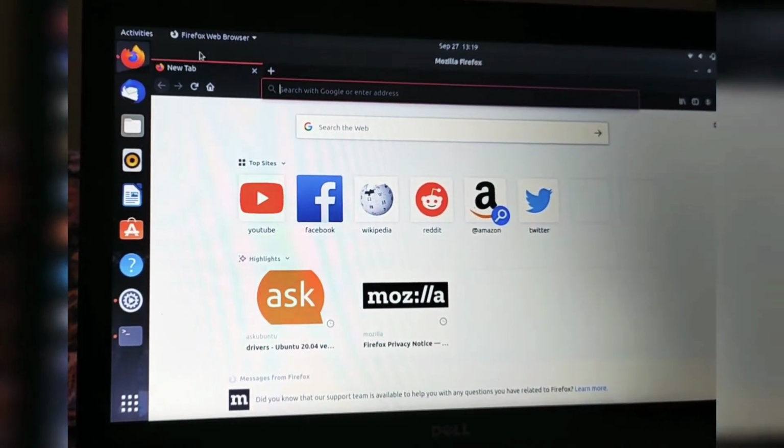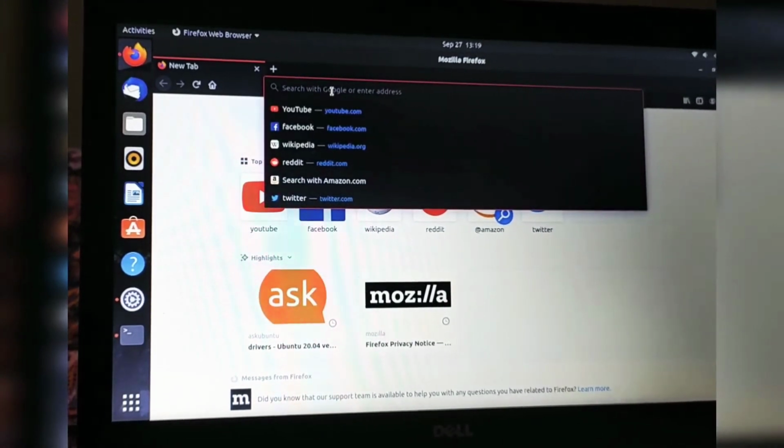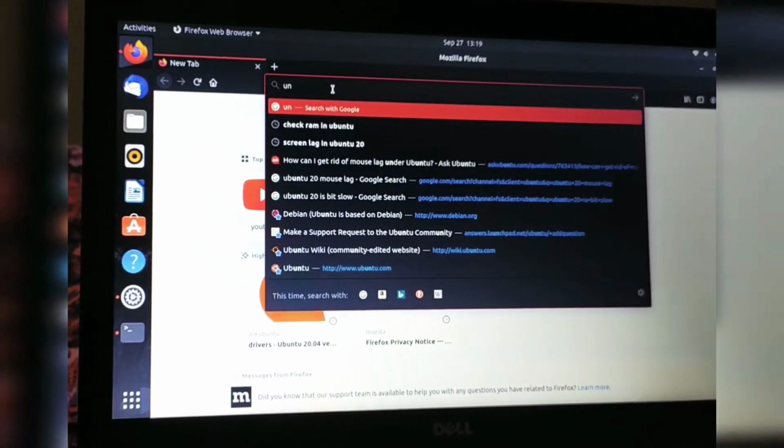For that you can just use this particular software.